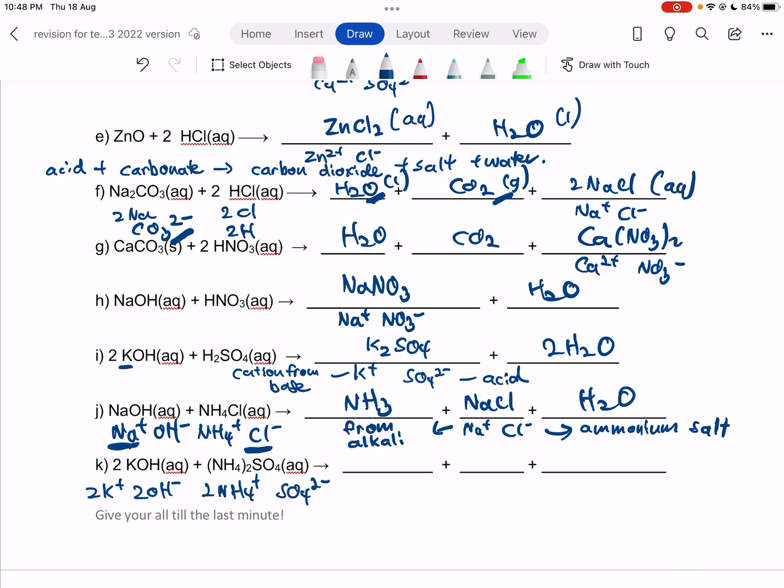Right, okay, let me see. So this one you get potassium sulfate. So crisscross you get K2SO4, H2O, and then ammonia gas. Right, so this will be 2, 2. Usually if you see 2 OH- and 2 NH4+, normally you give you 2 water, 2 ammonia gas. Right,